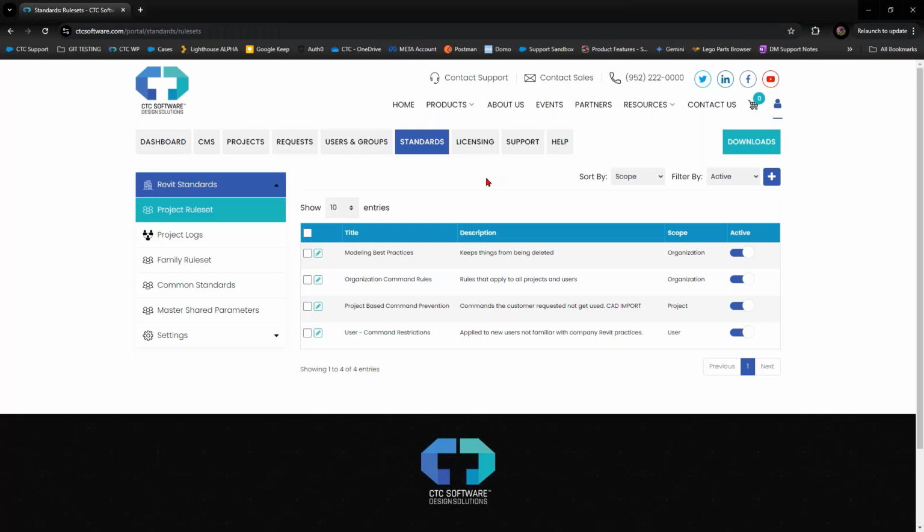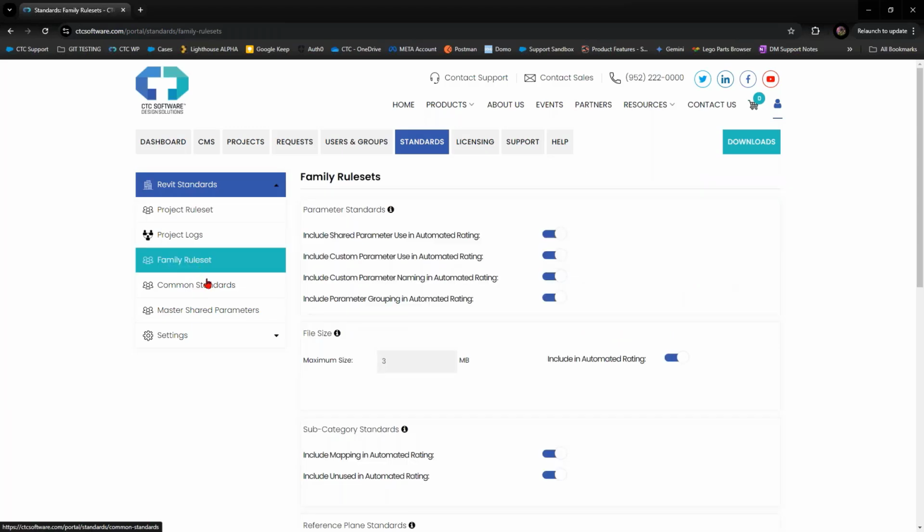We don't want to make bad content available just because we can. So we have ways of setting up families checks effectively on your libraries to make sure that they're meeting your standards, and they're using your shared parameter files,